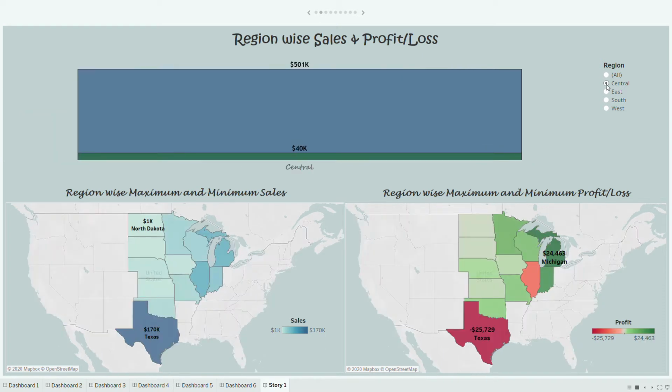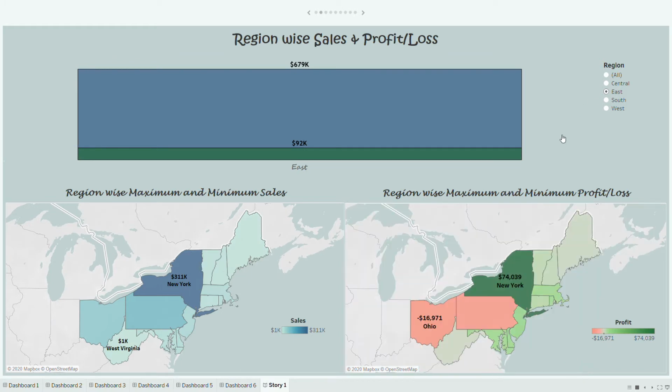In the central region, the overall profit is $40,000. Here you can see Michigan is the highest contributor with $24,463 in profit, and Texas has gone into a loss of $25,729, whereas it has a maximum sales of $1,70,000. In the east, we can see Ohio and Pennsylvania have faced huge losses, while